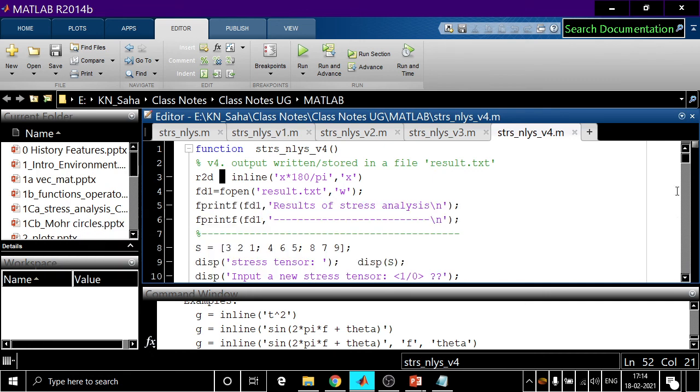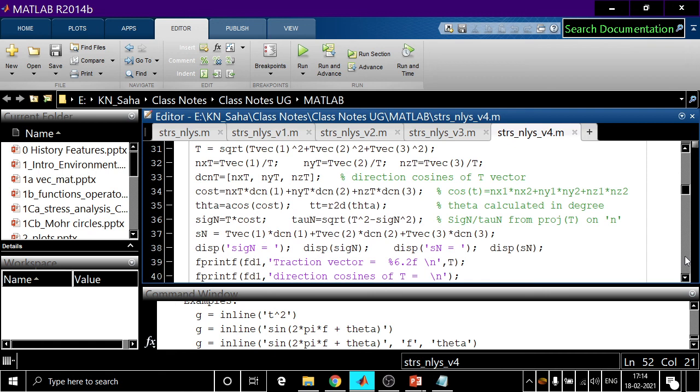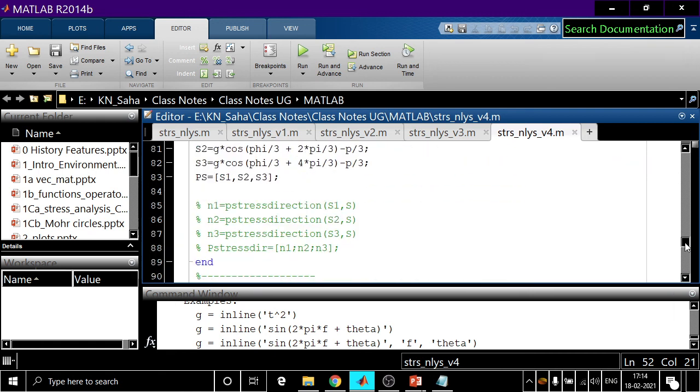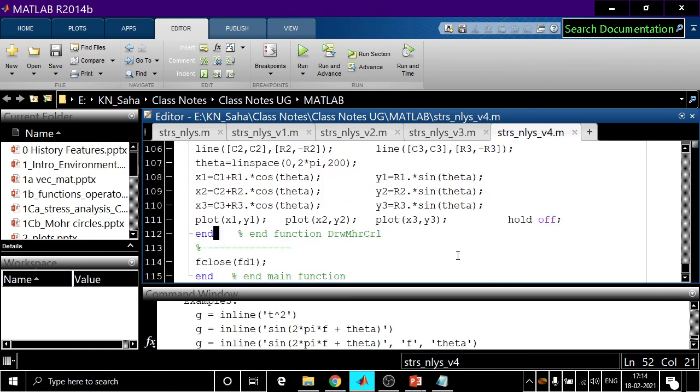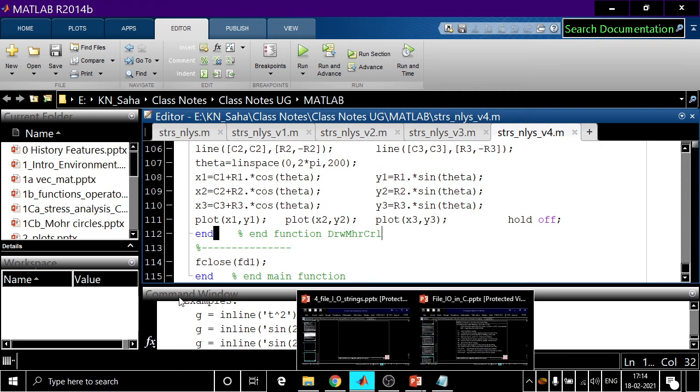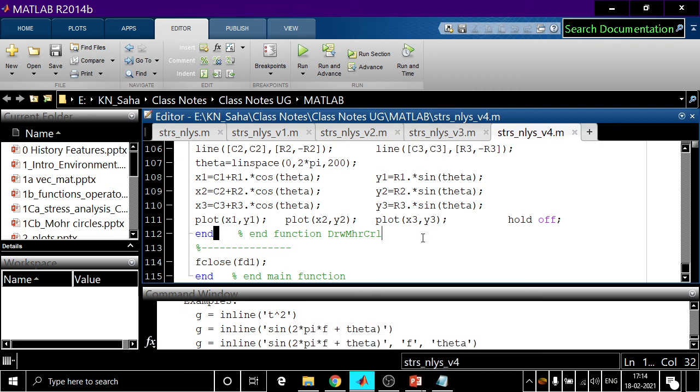Anything more? So this is for today. Next, again, we will go into the discussion on the Mohr circle, the different features of Mohr circles, etc. We will be discussing, and again, when we require, we will come back to MATLAB to implement how we make the calculations. So let's stop here.